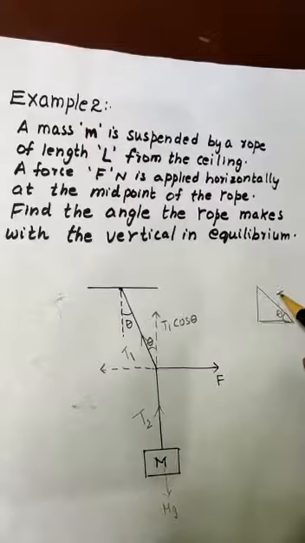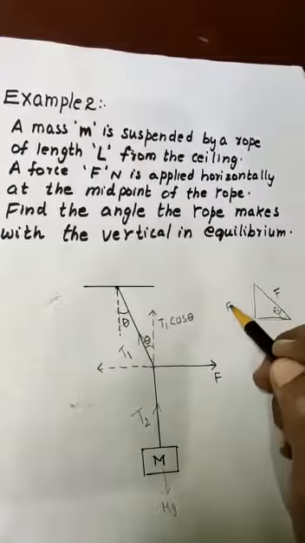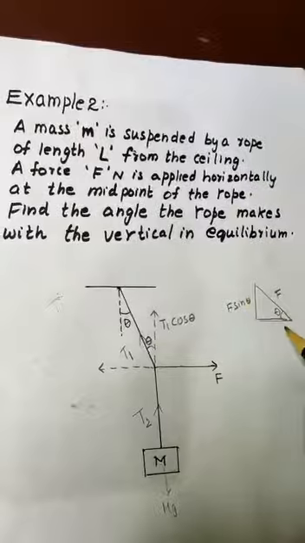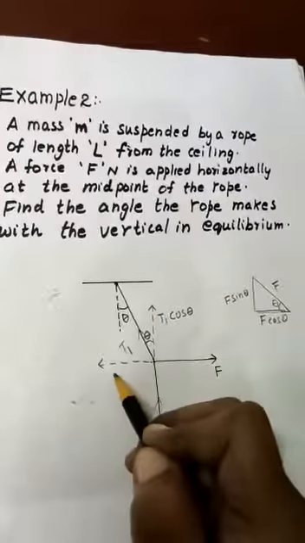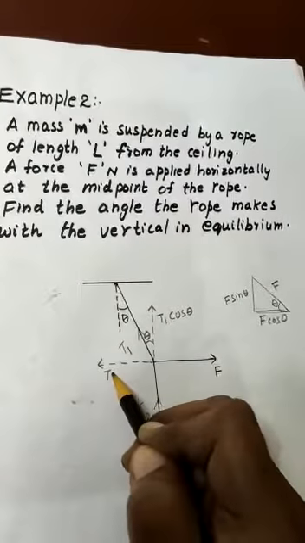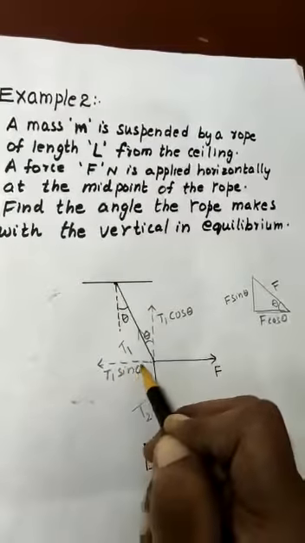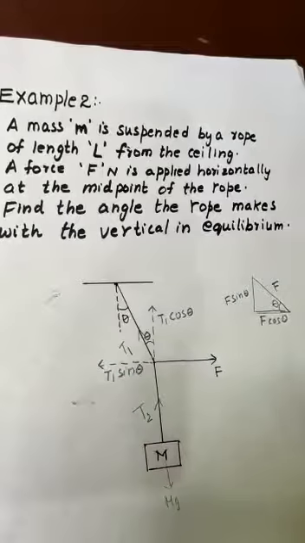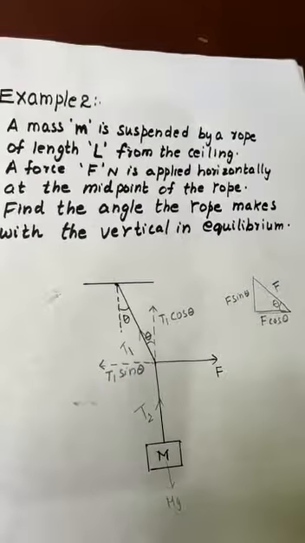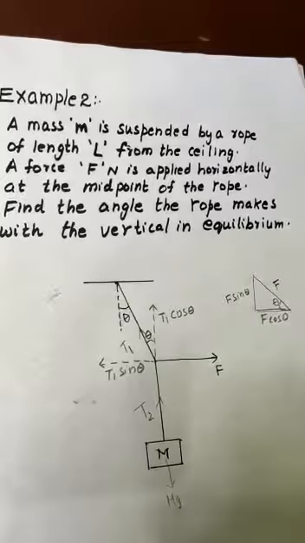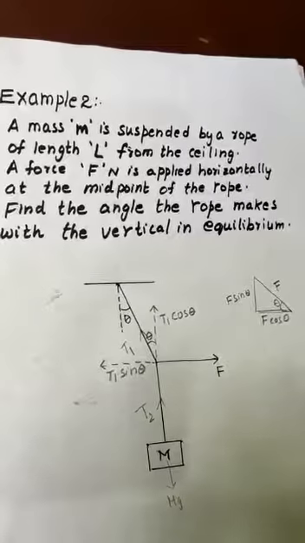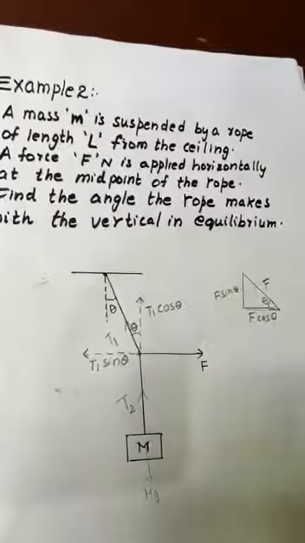So this part will be T1 sin theta. So you can see that when we resolve the tension as T1 cos theta along the y-axis and T1 sin theta along the x-axis, and assuming this is an equilibrium condition, the diagram gives us,